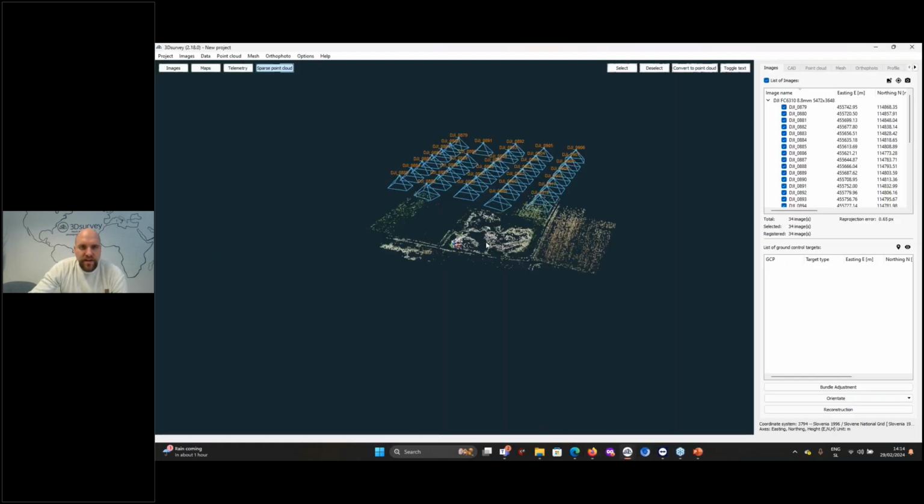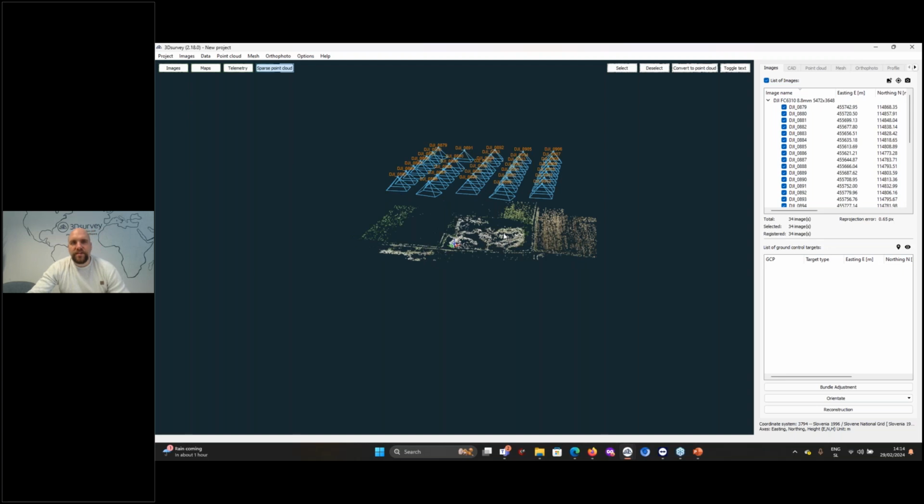Okay. Now let's go and have a look at how we can georeference this data. The best way to georeference any kind of photogrammetric data is with ground control points.